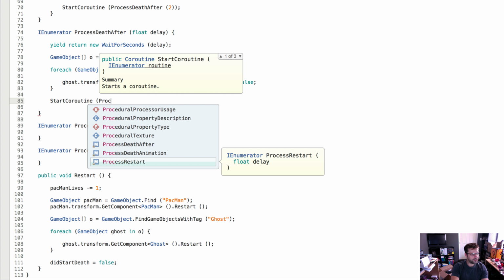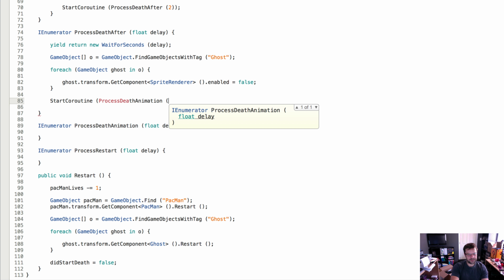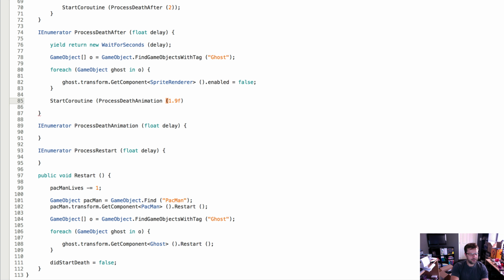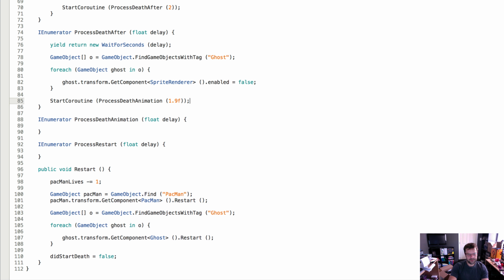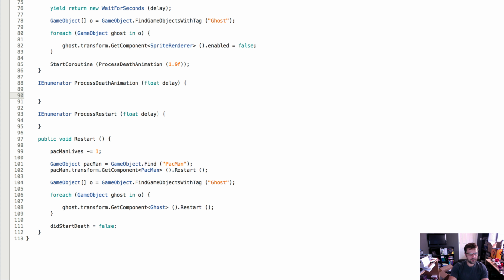No, process death animation, sorry. I knew that was wrong. Process death animation, and we are going to pass in 1.9f as the time, because that is actually how long the audio clip is. So this process death animation enumeration, okay, the way that works